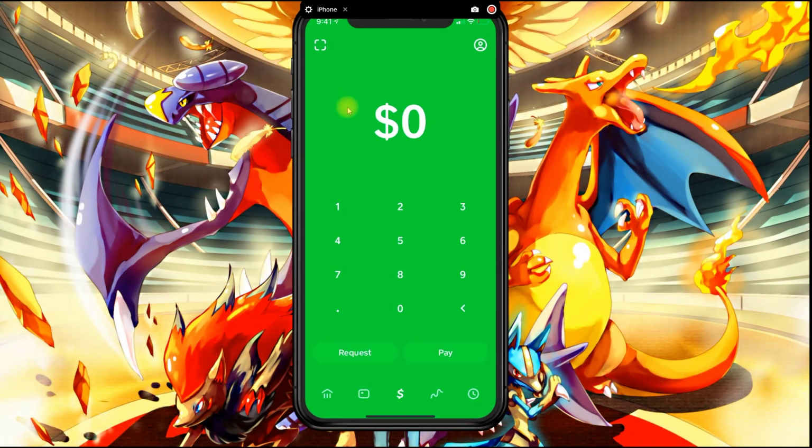In this tutorial, I'm going to show you guys how to use the referral code in CashApp. So as you know, if you use a referral code, the person referring and yourself will get $5. And the way that you do that is, first you create the account, and then after you create the account,